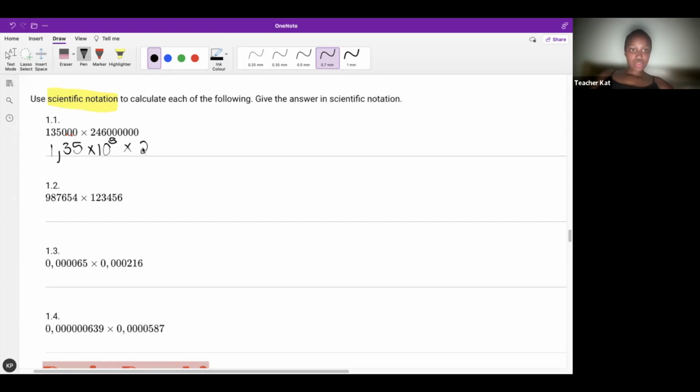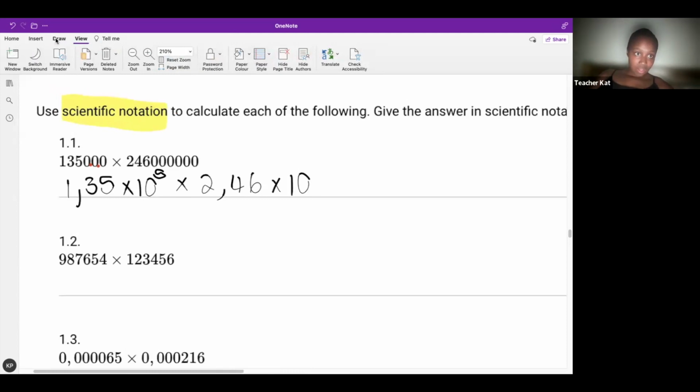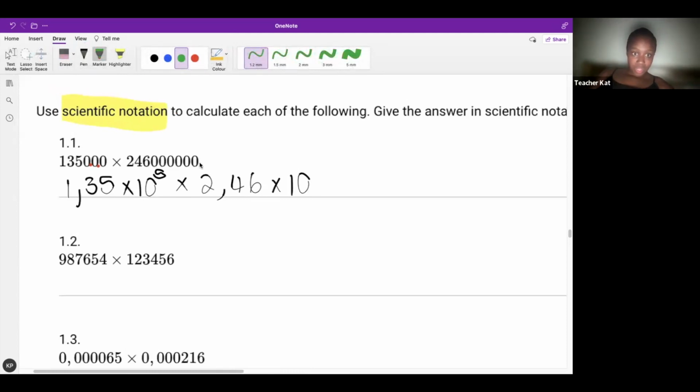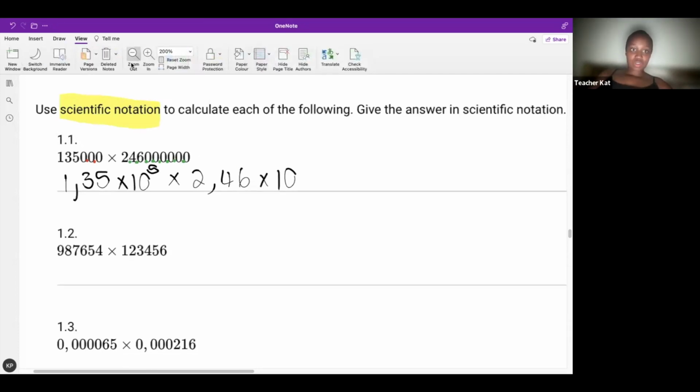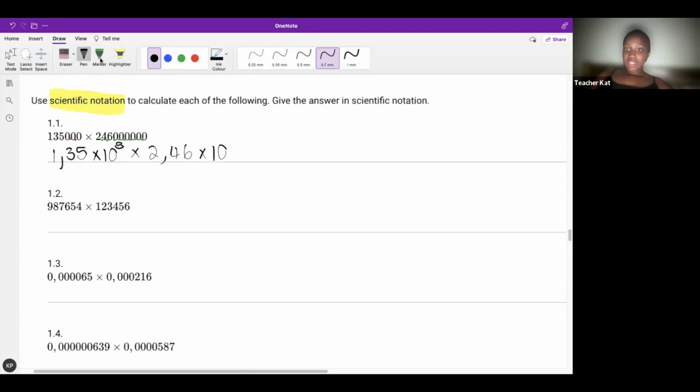After the 2, so 2,46. Once again, I am moving it to the left, so that is a positive exponent. How many times are we moving this? Okay, this is going to be a little bit tricky, so I'm going to zoom in so we can see properly, because I myself can't see. Let's see from there. 1, 2, 3, 4, 5, 6, 7, 8. Woo! This is why zooming in was a good idea, because I was definitely going to miscount that. 8 times. So it is times 10 to the power of 8